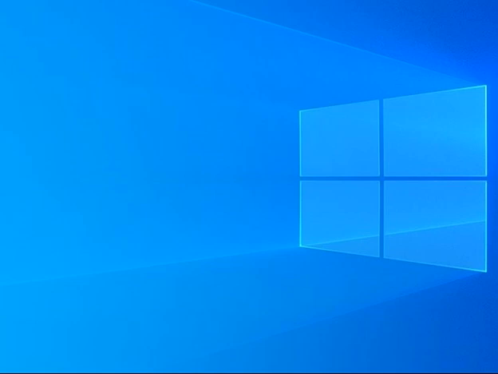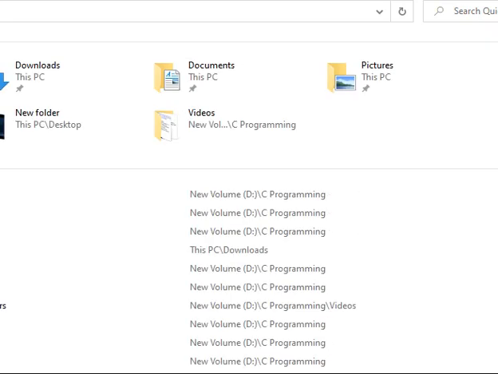Open My Computer. I have already downloaded the C software and stored it in my hard disk E drive.